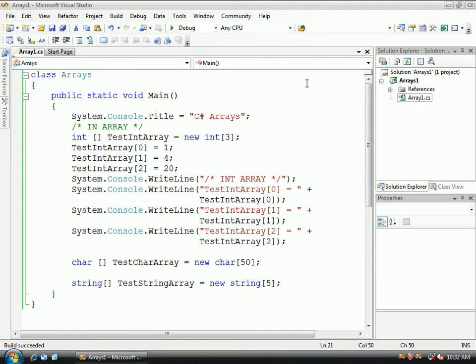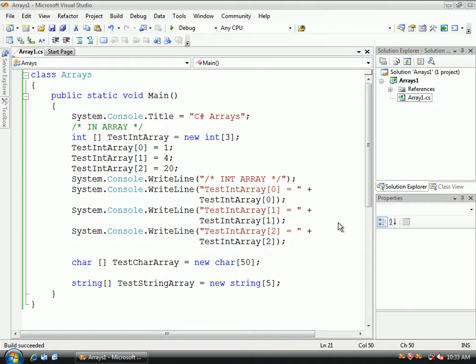Now let's take a look at loops. I don't want to spend much time on loops, because if you've seen the C++ Crash Course series, then you're familiar with all the loops that C# offers. We had the for loop, the while loop, and the do while loop. What we're going to do is a quick demonstration on how they work, and we're going to use arrays